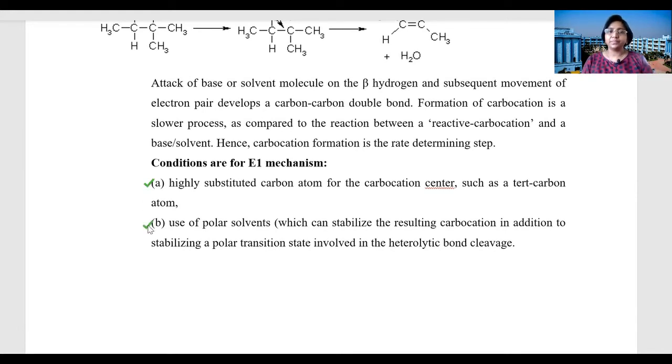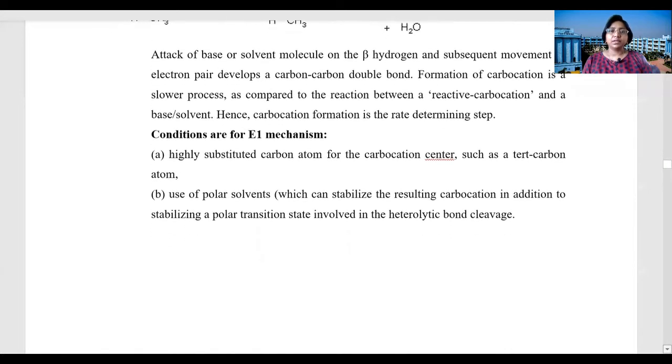That is the condition. Second thing, the use of polar solvents which can stabilize the resulting carbocation in addition to stabilizing a polar transition state involved in the heterolytic bond cleavage. So in the heterolytic bond cleavage, we use the polar solvent. That is the condition for E1 mechanism. Okay, next come to the E2